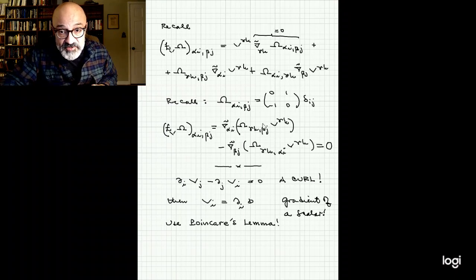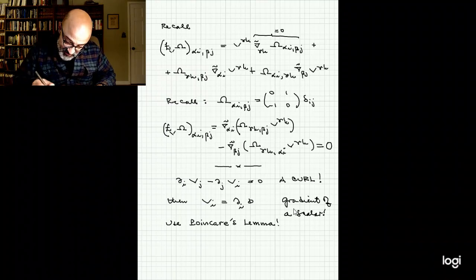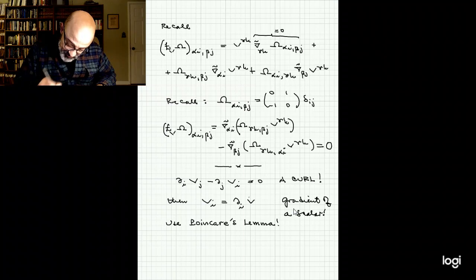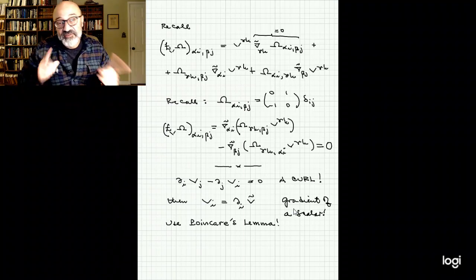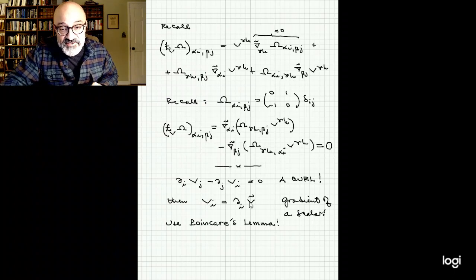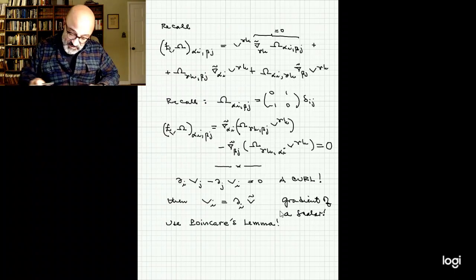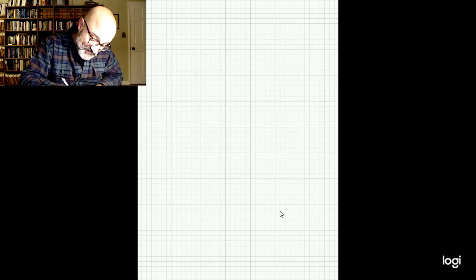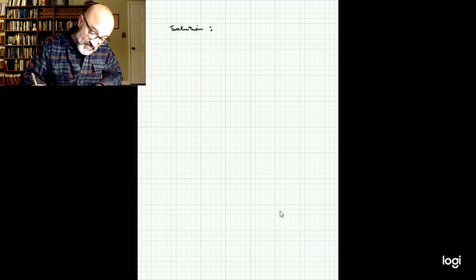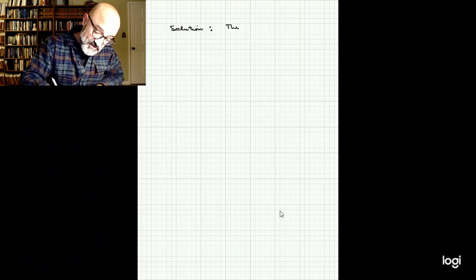Since this object, this vector that appears with an index downstairs, is the gradient of a scalar, let us call the scalar by the name V, so that the two are associated. This is the covector associated to that scalar. So our solution, the vector fields